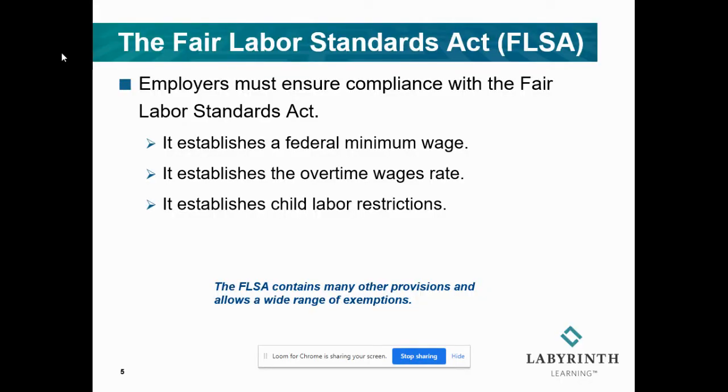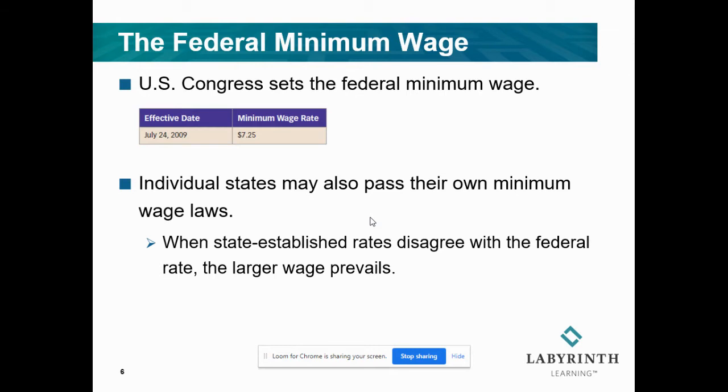Employers have to ensure compliance with the Fair Labor Standards Act. You have to establish a federal minimum wage, the overtime wage rate, which is 1.5 times, and also child labor restrictions. So U.S. Congress set the federal minimum wage of 2009 at $7.25. The state of Hawaii has their own minimum wage laws. When state established rates disagree with the federal rate, the larger wage prevails. So in Hawaii, we have a